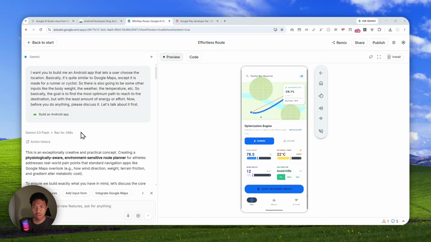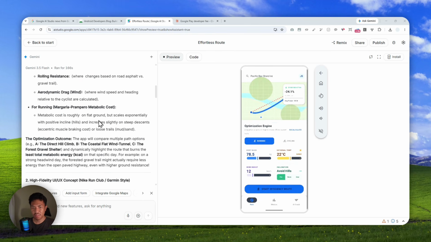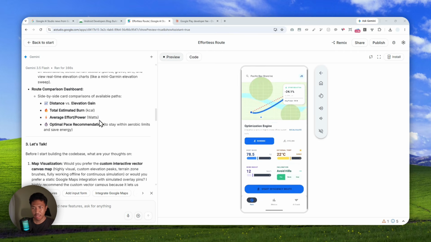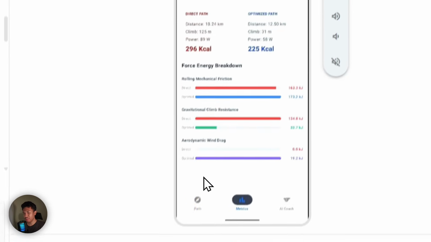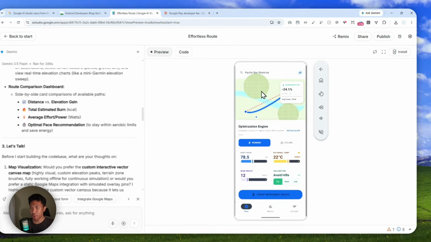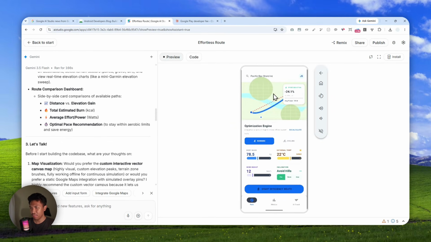Okay, so it took about 10 minutes to generate the first iteration of the app, and this is the result. So I'm kind of disappointed because basically the UI looks kind of off. The text is barely readable, and also I don't see Google Maps being used. This is just a simple mock-up for a map. I actually wanted to see Google Maps or maybe OpenStreetMaps being used here, but I think that wasn't the